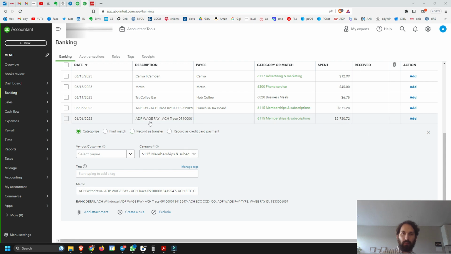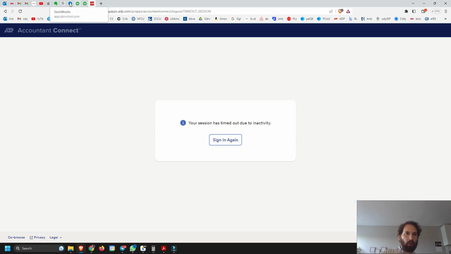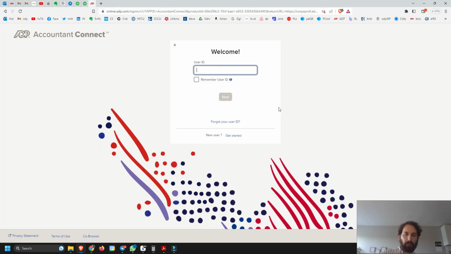You have here from ADP, whichever payroll provider that you use, you're going to have something similar to this. You have this that says ADP wage pay. That's this number here. You're gonna have ADP tax, and that's gonna be something else. Now, what you can do is you can go to your payroll provider, the portal,